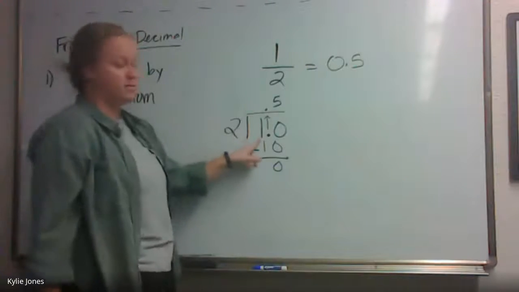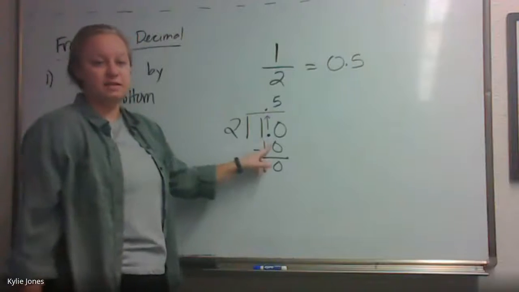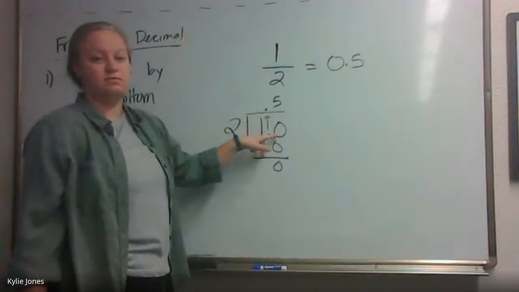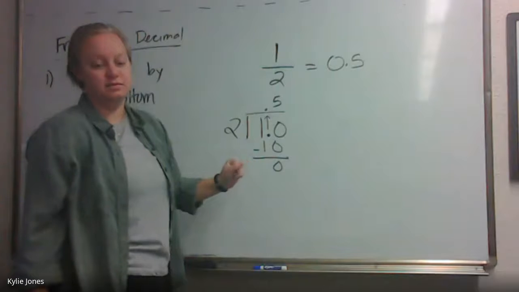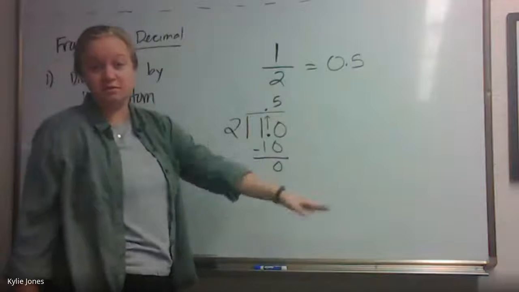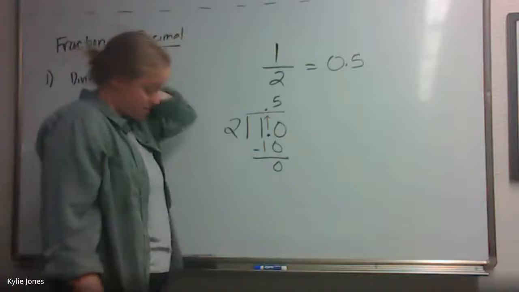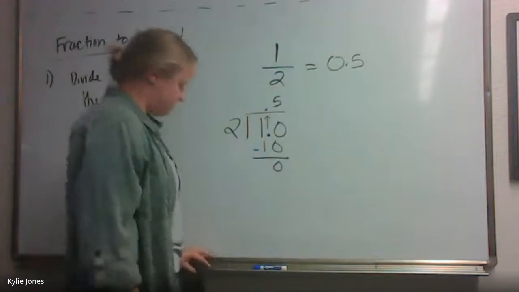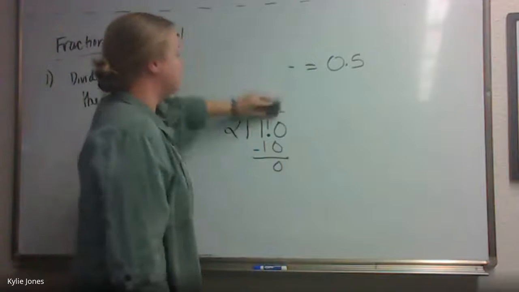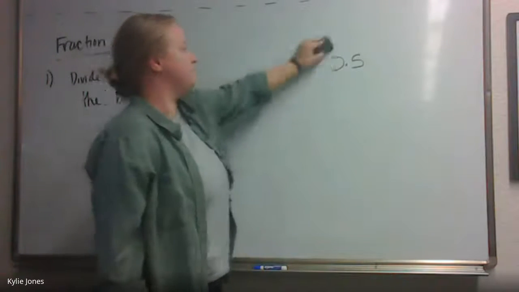Okay? So anything like that, you always have to put a decimal? Yeah, so if you have a whole number, like 2 divided by 1, and you can't do it, add a decimal and a 0, and you can start dividing there. Okay. If you have to add multiple zeros, that's totally fine too. Okay, let's do another one that I know gives you a couple extra decimals. Let's do